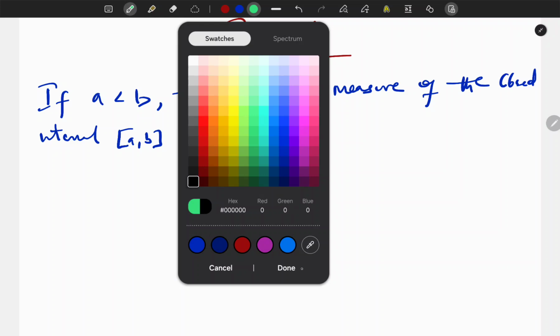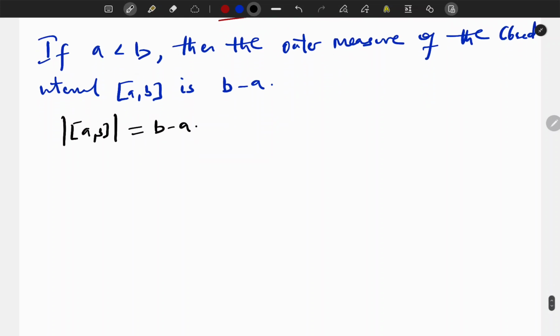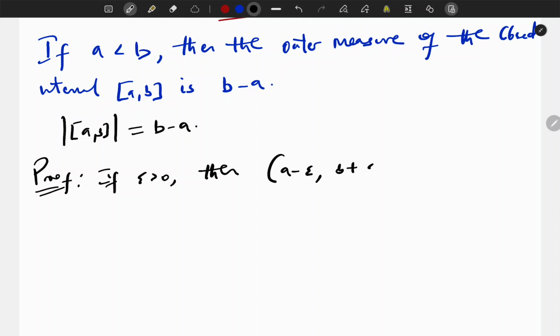So what this means is that the outer measure of A comma B should be equal to B minus A. So let's first of all prove one direction. Proof: if x_n is greater than 0, then A minus x_n, B plus x_n is a sequence of open intervals